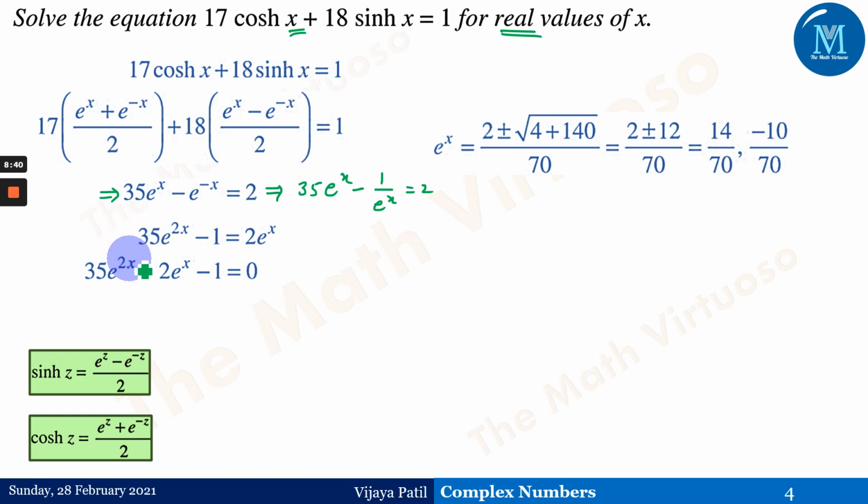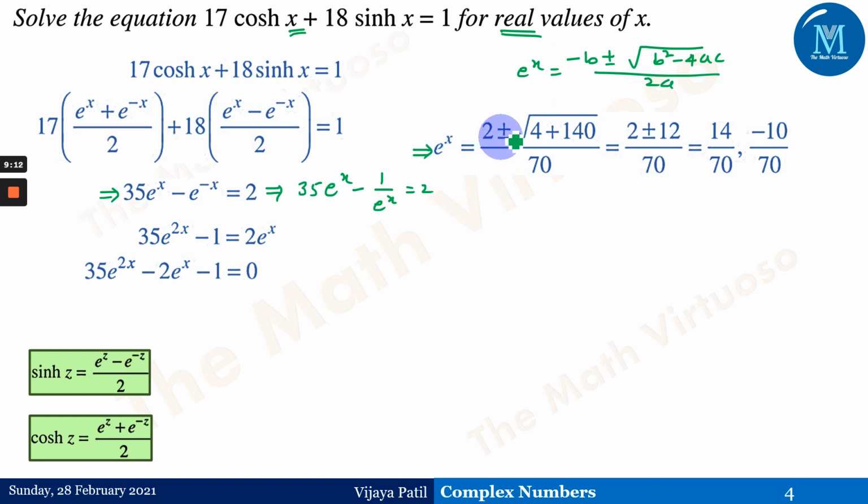Now this is a quadratic equation in terms of e to the power x. So that means we are finding out the value of e to the power x here. If you observe here, this is nothing but can be identified as e to the power x. So we have to find out the value of e to the power x by the formula minus b plus or minus square root of b square minus 4ac upon 2a. So we are using the same formula here to get this e to the power x.